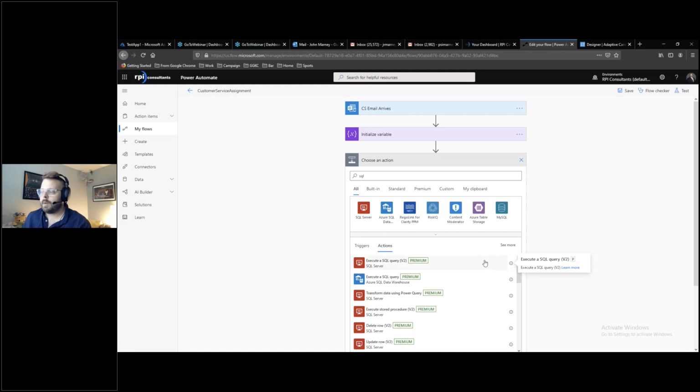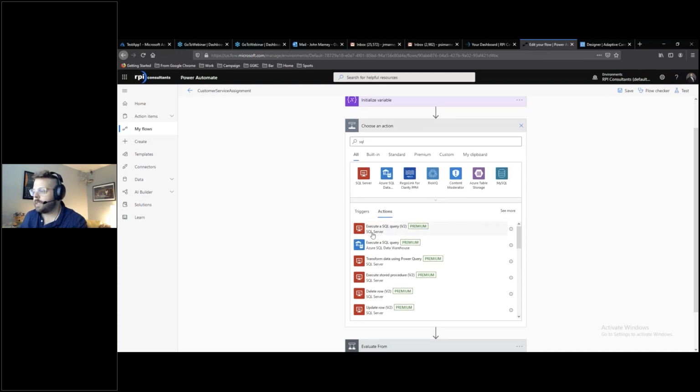Typically for sandboxing, I don't think that it actually incurs anything, but again, that's dependent on your license level. So you need to just check with Microsoft or your Microsoft partner to see what your situation is. But you'll see that there are SQL query or SQL integrations in here. If I want to execute a SQL query,